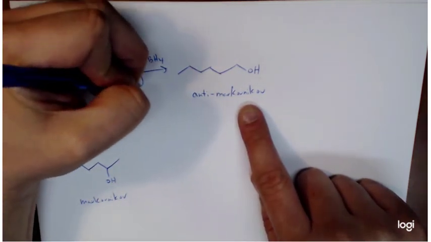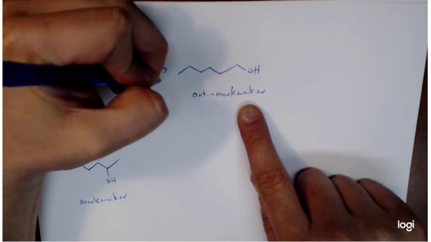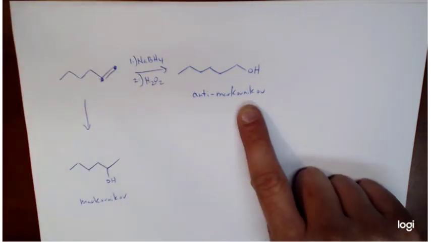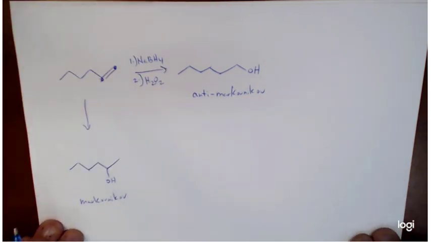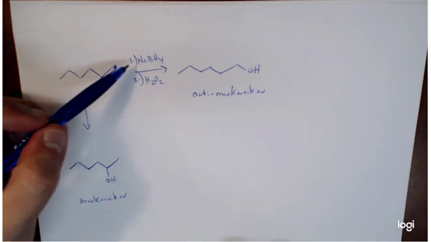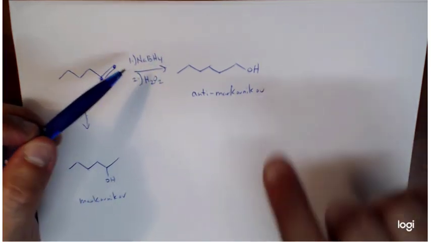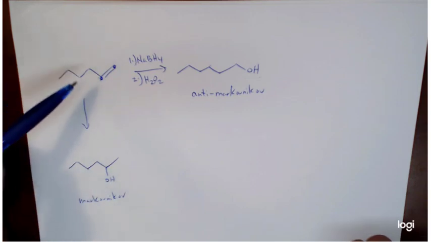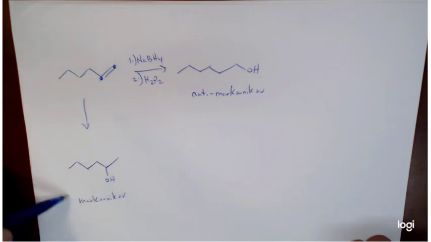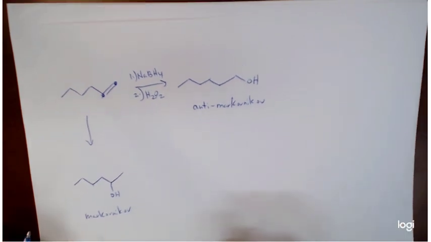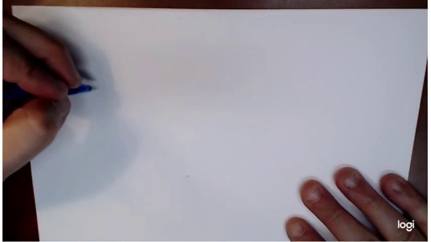Now, in order to do our anti-Markovnikov addition, our reagents are going to be sodium borohydride as a first step, and then the second step is we incorporate the use of a peroxide. This is very regiospecific. To do our anti-Markovnikov, and there are two methods to get our Markovnikov addition, and the one that I want to focus on is one that you should be sort of familiar with,